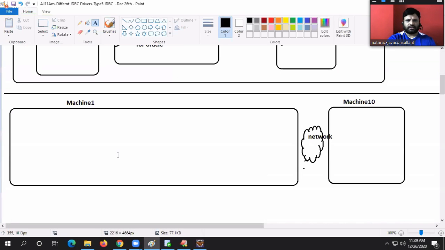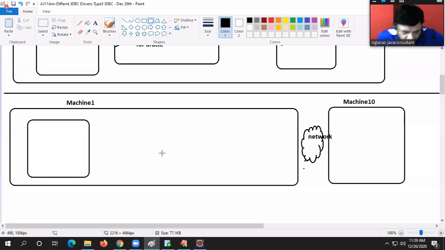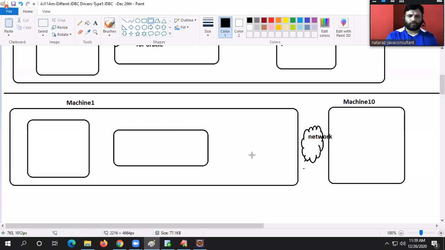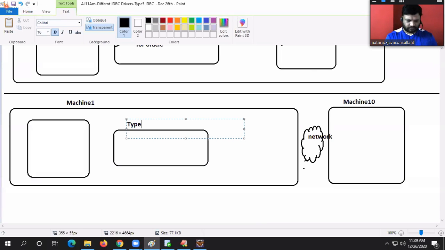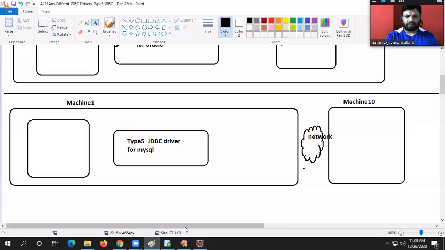Here is my Java application, with a Type 5 JDBC driver for MySQL.